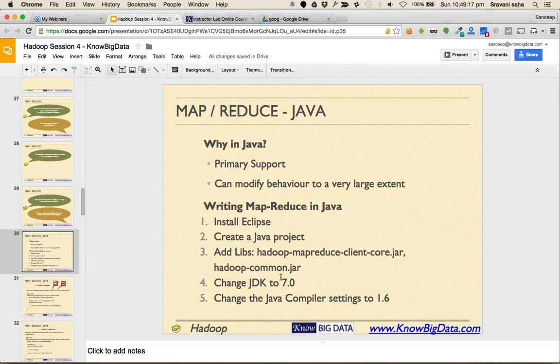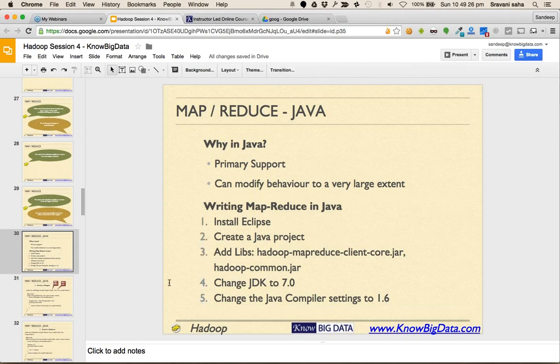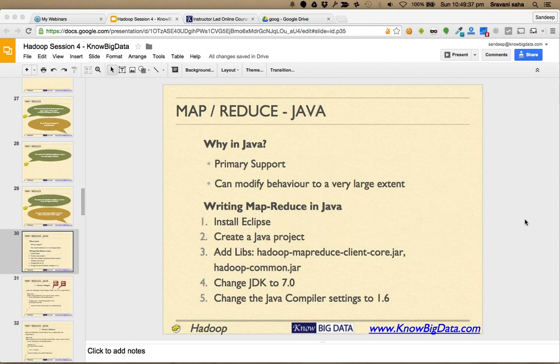All right. So change the JDK to 7.0 and compiler you can keep either 1.6 or 1.7 because I'm assuming that everywhere it's now JDK 1.7 on the clusters. So the most important part to understand is whenever you are building your code, whether for Hadoop or in general life, you should try to compile your code in a little lower version of API. So even for example, let's say you are coding an Android app, try to make your application compatible with as low version as possible